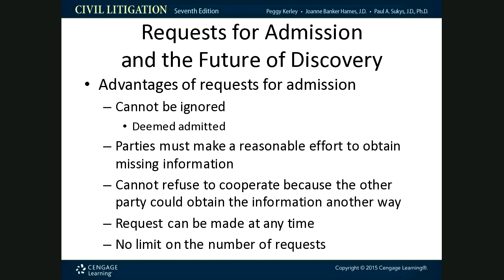I remember one time they prepared about 300 or 400 admissions that they wanted me to send to the other side. Well, technically, you can send as many admissions as you want, but I can almost guarantee you that if it gets to be excessive and the court thinks that you're abusing the process, then the court is going to probably strike those admissions. So just be wary of that.